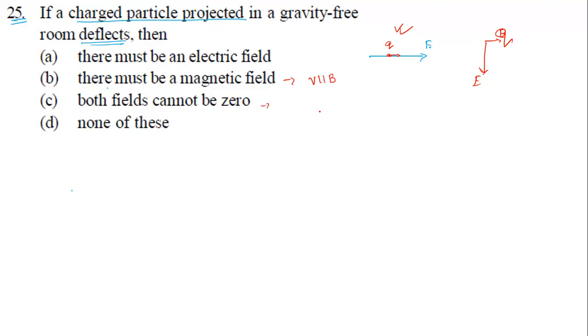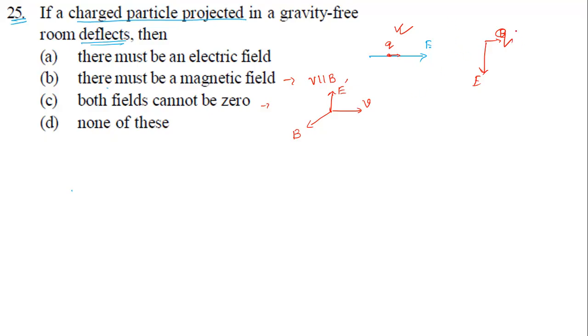There are both an electric field and a magnetic field. Here again, there is a problem. If they're perpendicular to each other, like this, if you take the velocity like this, the electric field like this, and B like this, in this case the particle will go undeflected. Both are perpendicular, and the particle goes undeflected. In this case also, under a certain condition, the particle goes undeflected. So all these are undeflected.